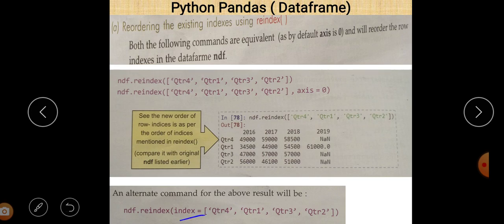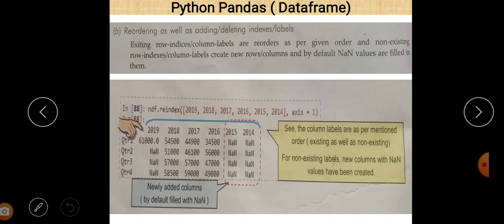Or if you want to make the changes column wise, you can also put axis equal to 1 here. So for column wise you can put 1 here, and here you can put columns. Now, reordering as well as adding and deleting index labels.